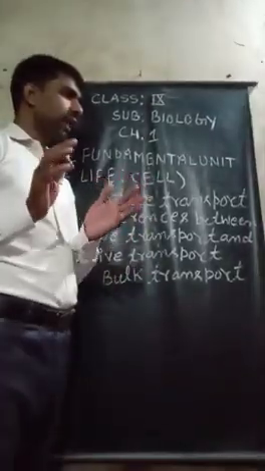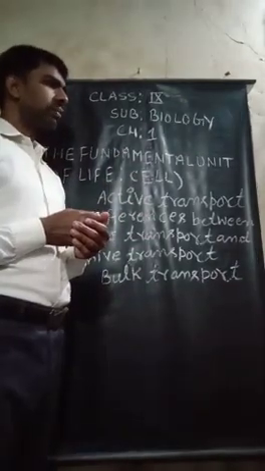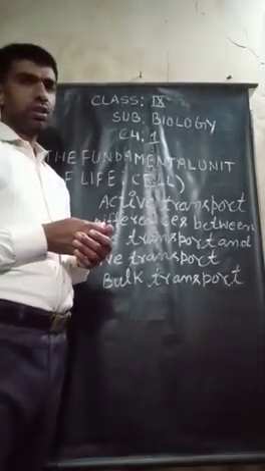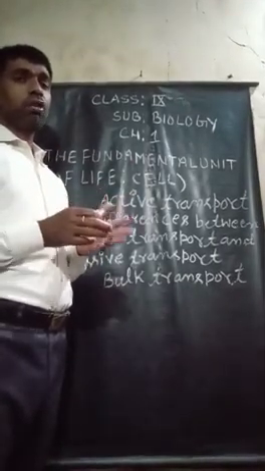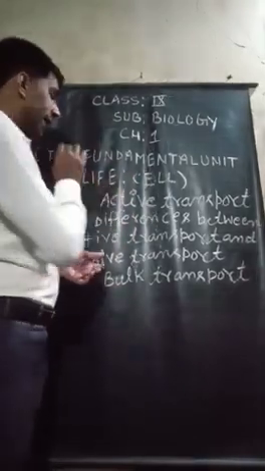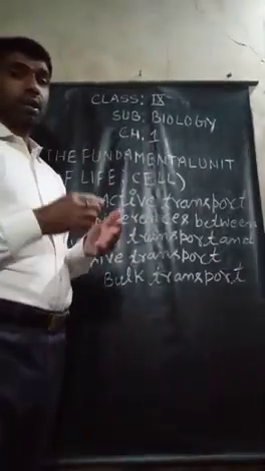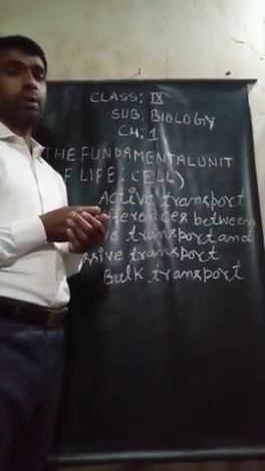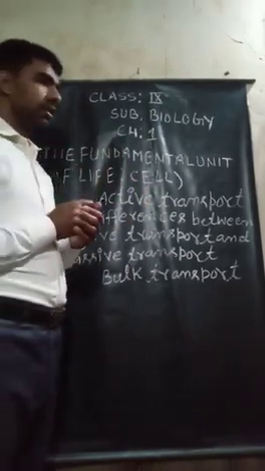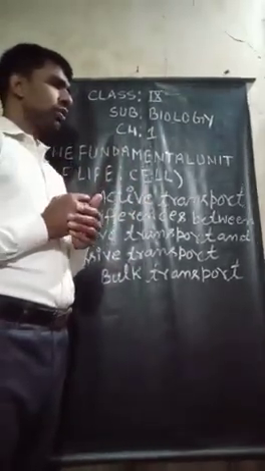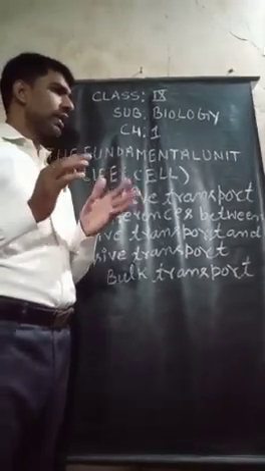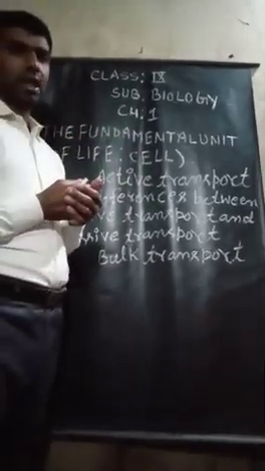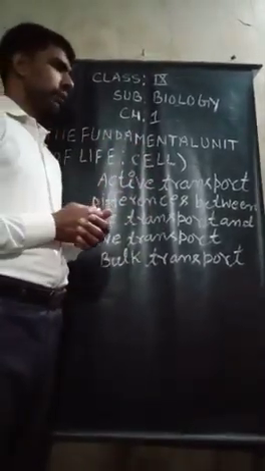The energy required is obtained from ATP, because ATP is also called the energy bank of the cell. So the energy required to complete the process of active transport is obtained from ATP, adenosine triphosphate. Full form of ATP is adenosine triphosphate. Active transport of molecules occurs in only one direction. That means active transport is unidirectional only.